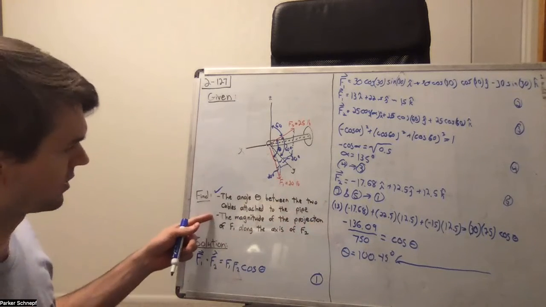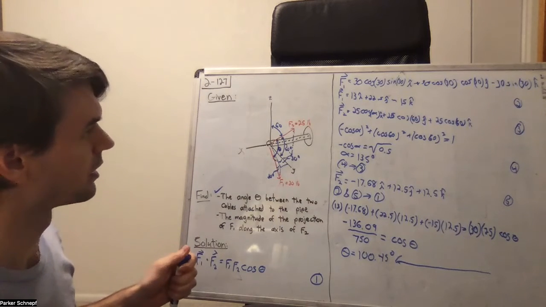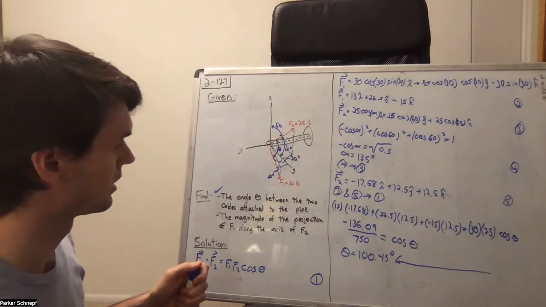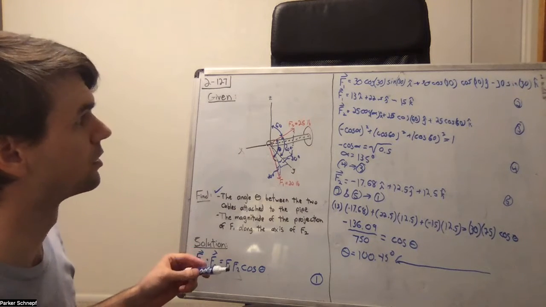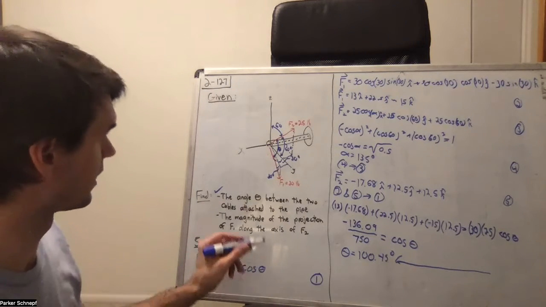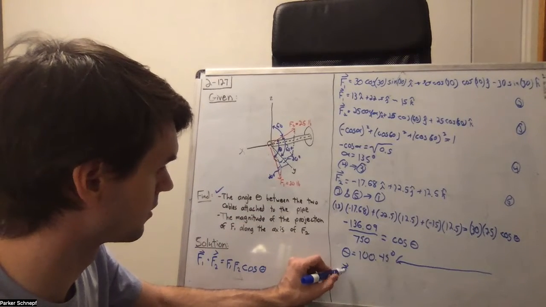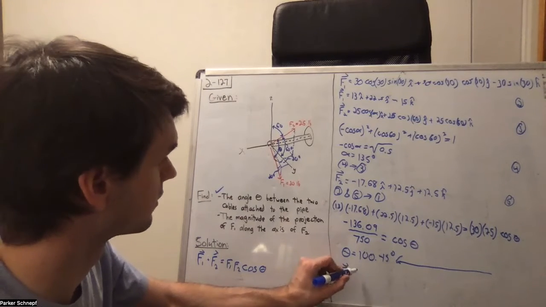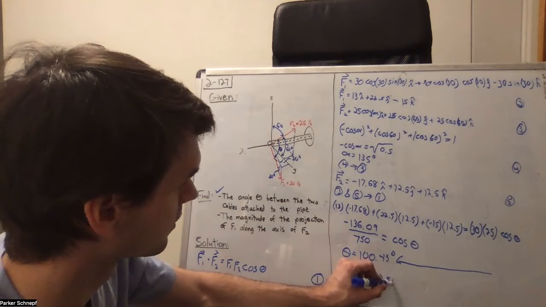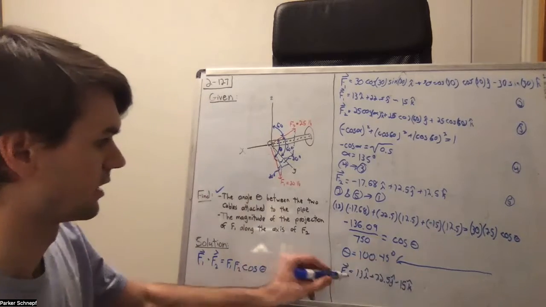So for the next part, we're going to find the magnitude of the projection of F1 along the axis of F2. And I'm going to need some space, so I do need to keep track of some of this information now. So I'm just going to write some of these important values down here so we can keep track of them and reference them. So F1 is 13, 22.5. If I had a bigger whiteboard, this wouldn't be necessary. Hopefully in future videos, I'm working on a slightly bigger board. And then F2,